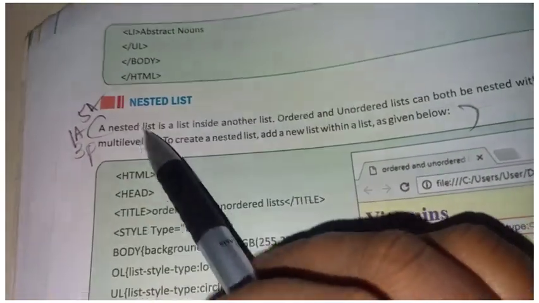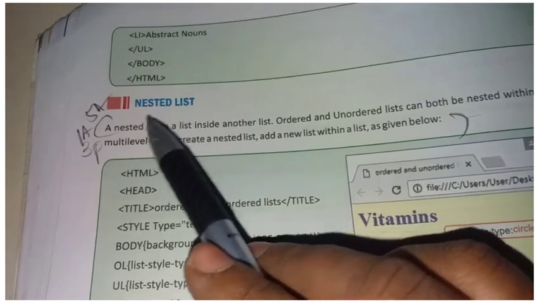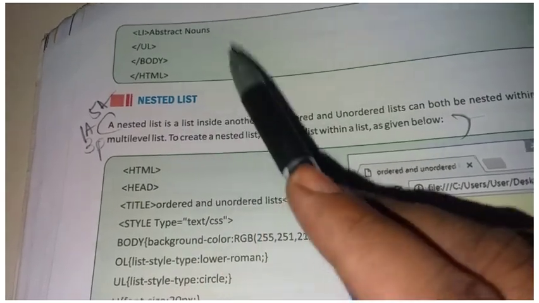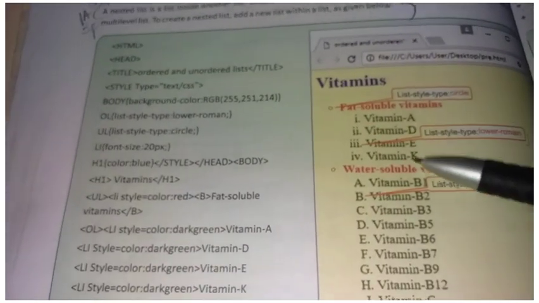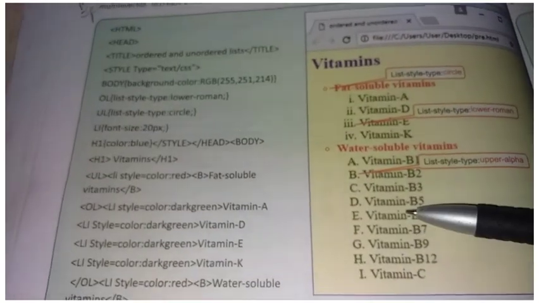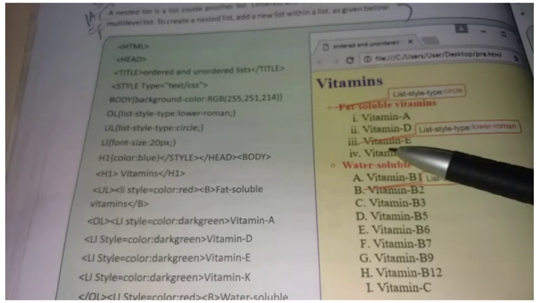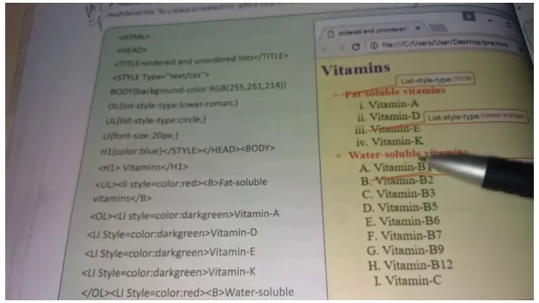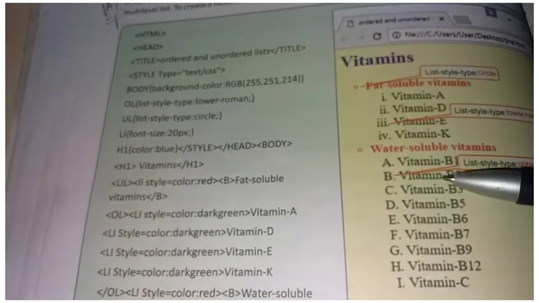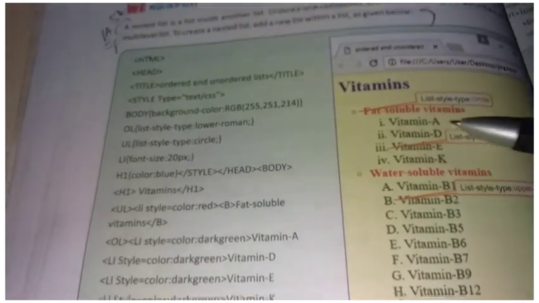So, nested list. Nested list means a list which contains another list. For example, if you see this one, this is one kind of list and this is another kind of list. This will start with small Roman numbers, and this will start with capital alphabets.